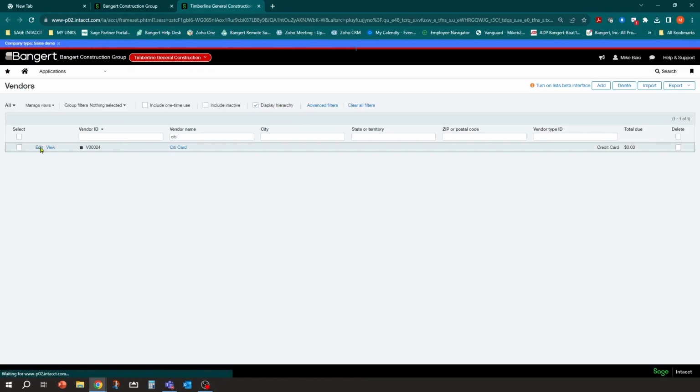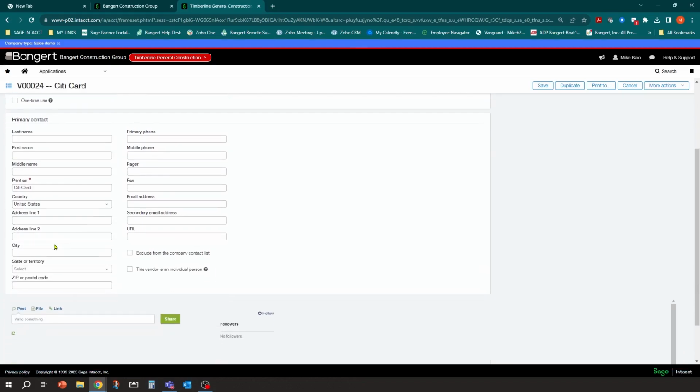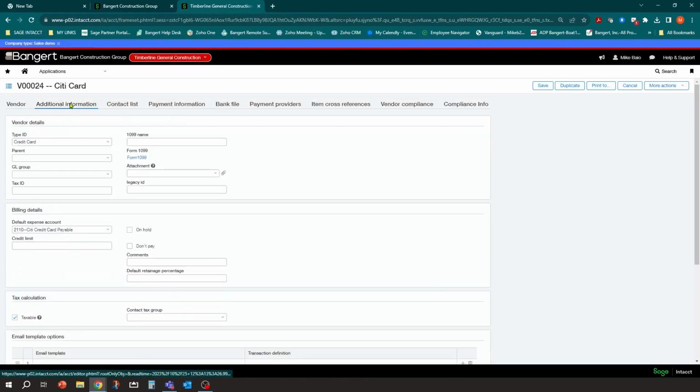But if I go into this vendor, the most important thing here is obviously you're going to have to set up the vendor, the name, give it some terms, address for payment if you're sending a check. And one of the things you can do here under additional information is you can default the expense account.